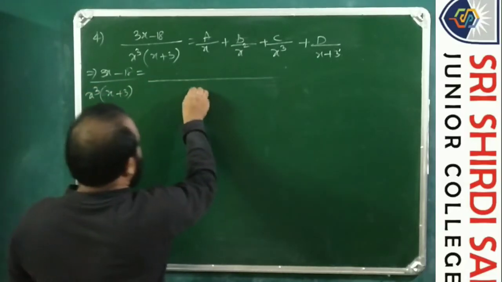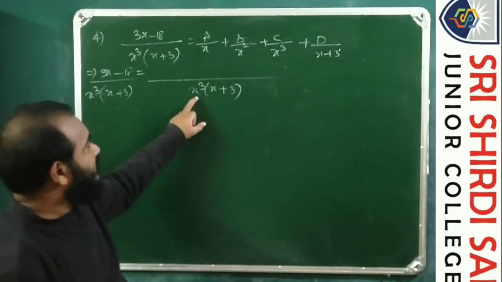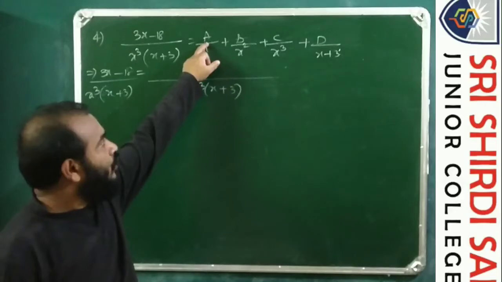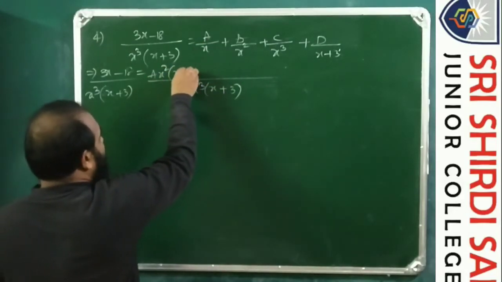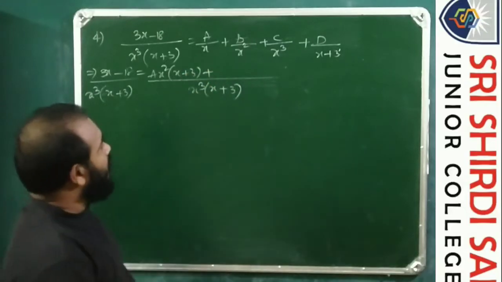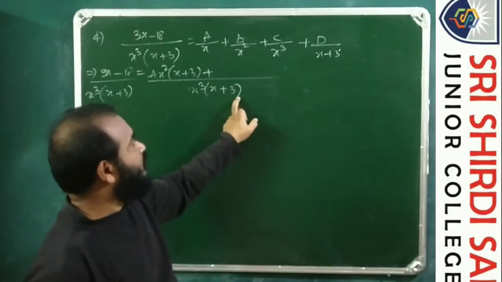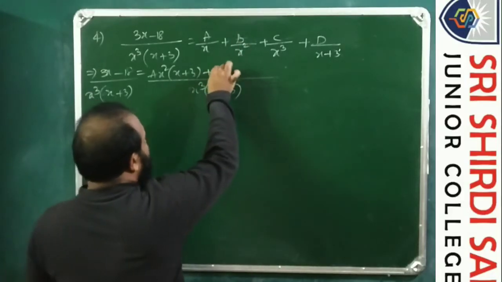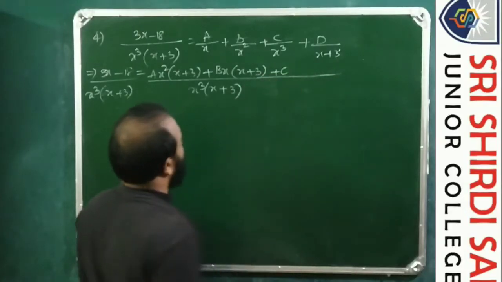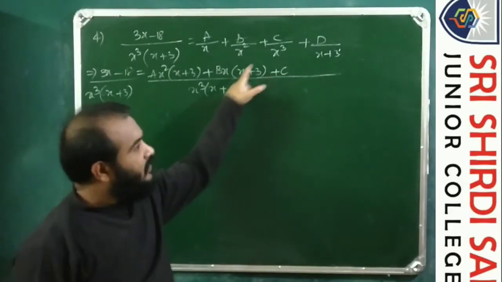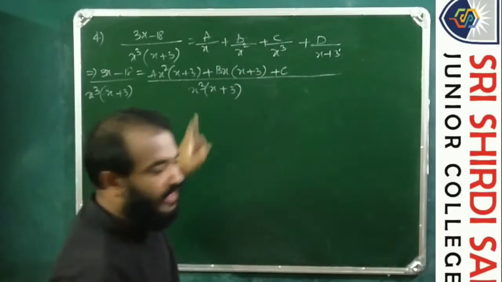The LCM is x cube into x plus 3. So x cube by x is x square into a into x plus 3. So ax square into x plus 3 plus x cube into x plus 3 by x square. So x into x plus 3 into b. So bx into x plus 3 plus c into x cube into x plus 3 by x cube. X cube gets cancelled. C into x plus 3